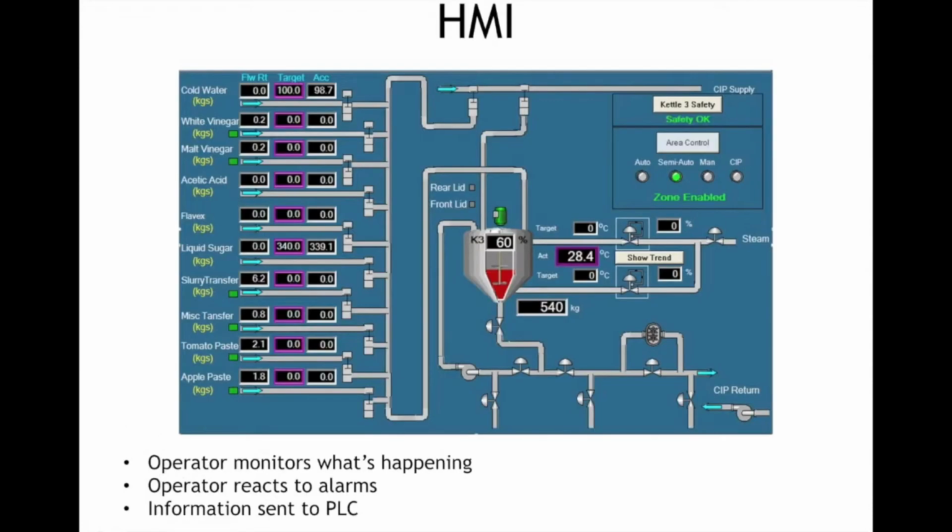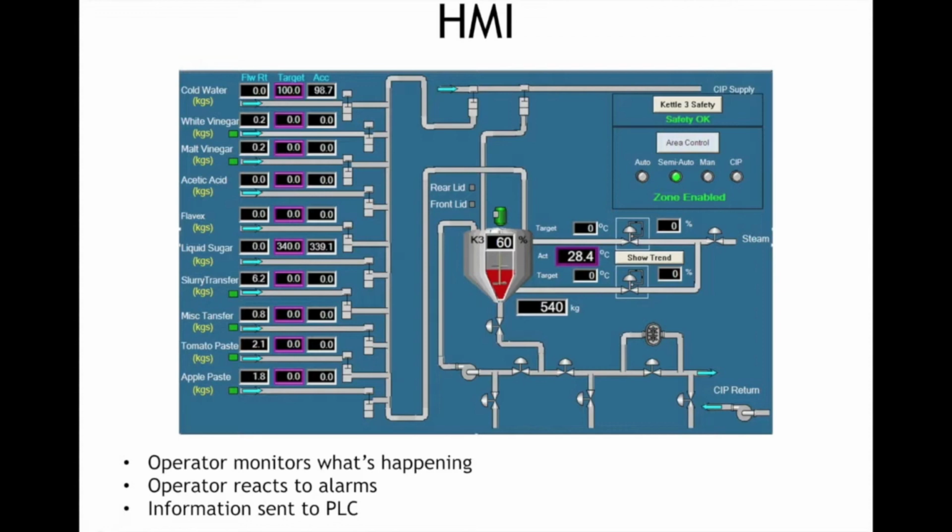So this is a close-up of an HMI. This is just a screenshot that I found on the web, and so picture in the upper left-hand corner, it says cold water. It says there's a flow rate and there's a target. So this process is not running, but at some point it will be running, and we want that flow rate to equal the target. And the operator knows what's happening by looking at this HMI, and they're reacting to alarms,